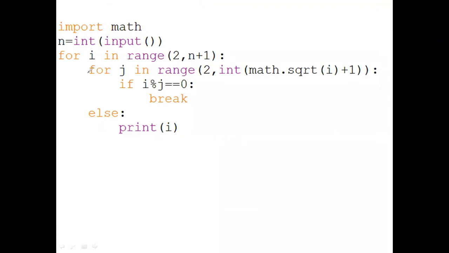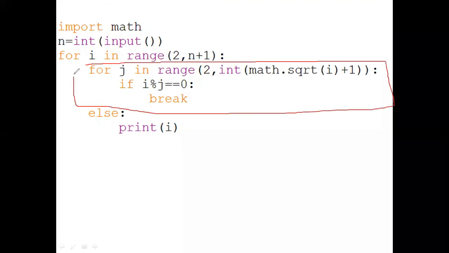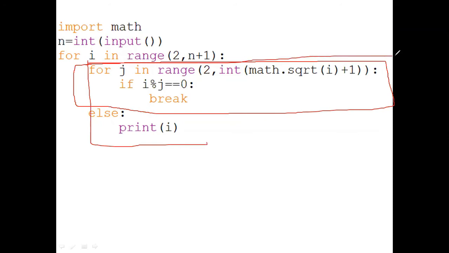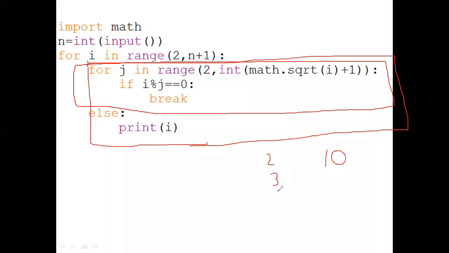This is the solution to find whether a number is a prime number or not. We already discussed this up to here. Here we write the program to find the prime numbers between 1 and n. If I give 10, it prints 2, 3, 5, 7 as output.